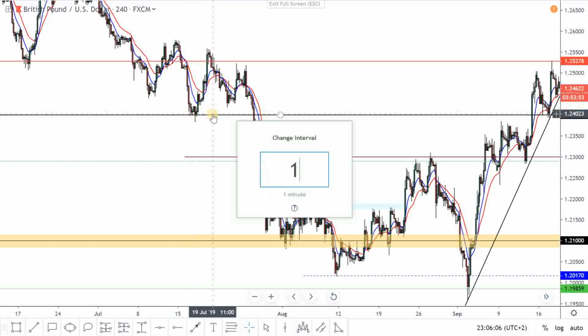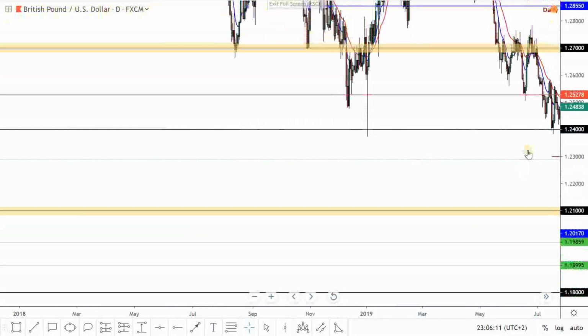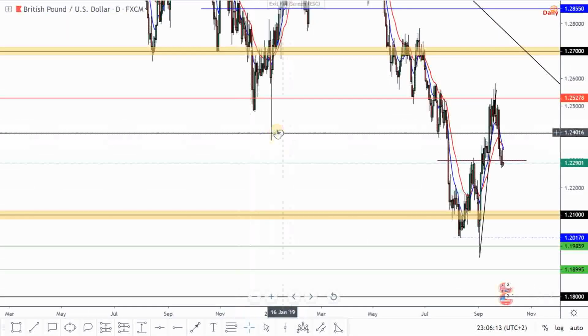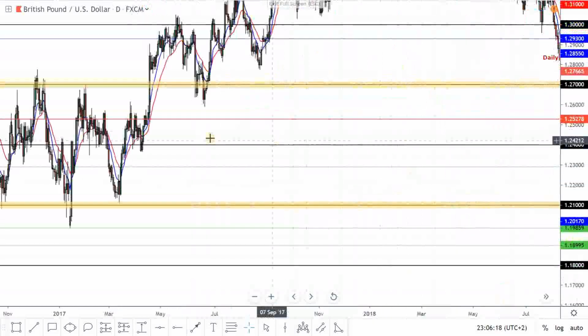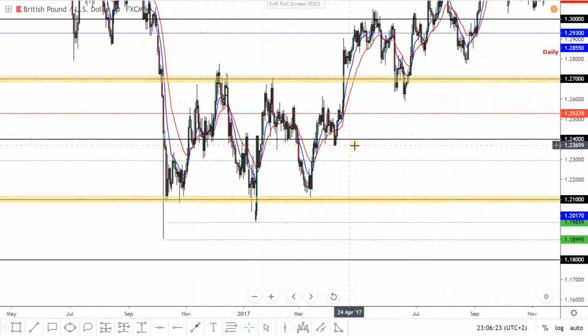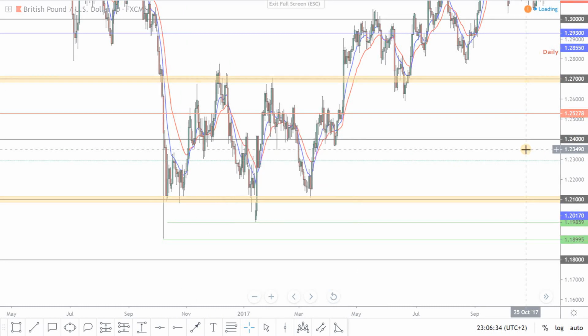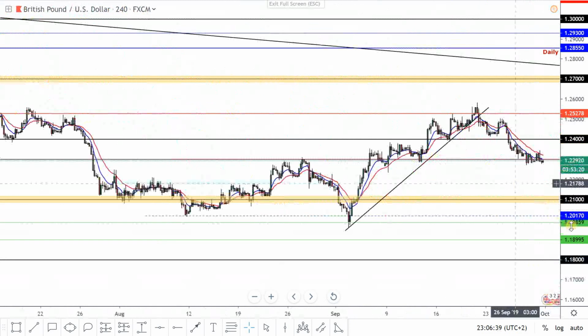We also, if we took a look at the daily time frame, we can see here that previously it was also a very strong support. Also, if you took a look back over here, as you can see, it's a very important and strong number, and whenever the price touches it, it goes all the way up. So 1.24 is, as I said, a very important and strong number in the GBP USD, and acted as a previous